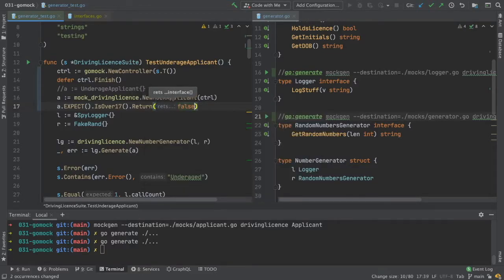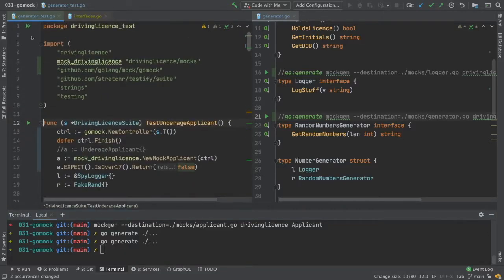By their nature, test double frameworks can't create things like stubs or fakes. So we're going to just replace our stubs and fakes with mocks. We will still look at using the spying functionality when it comes to our logger. Okay, so that's the setup of our underage applicant. We now have that, and that is passed into the generate function. So hopefully, if we run the tests,